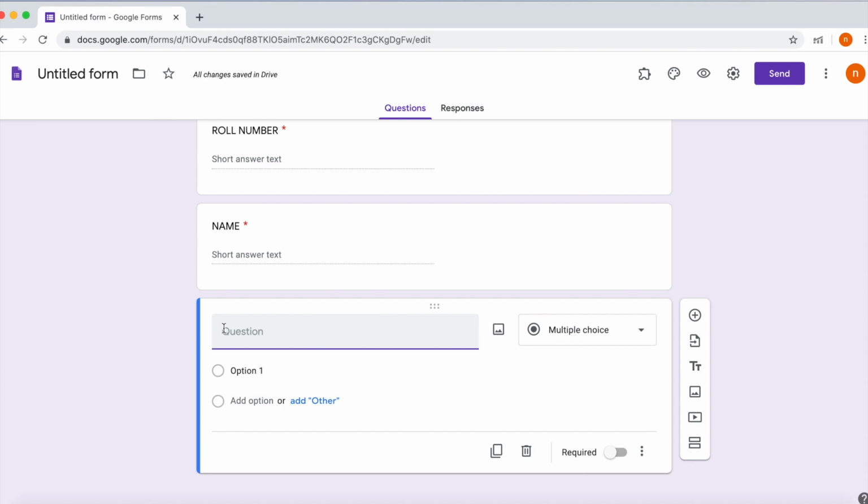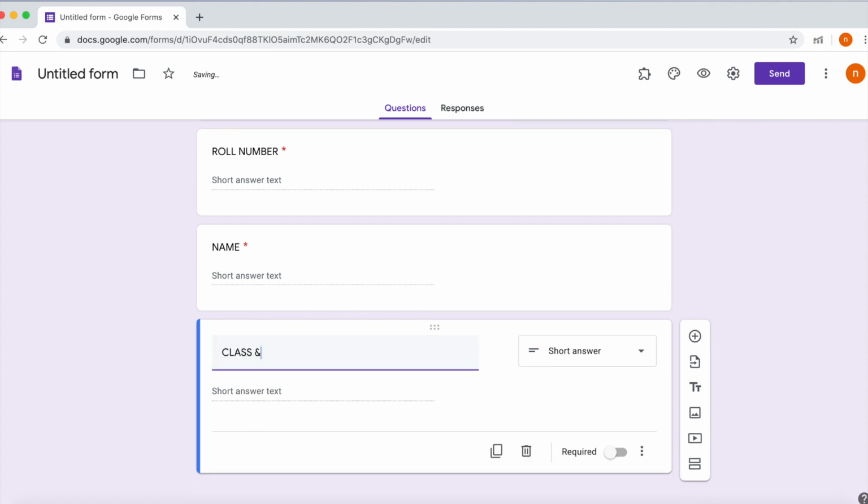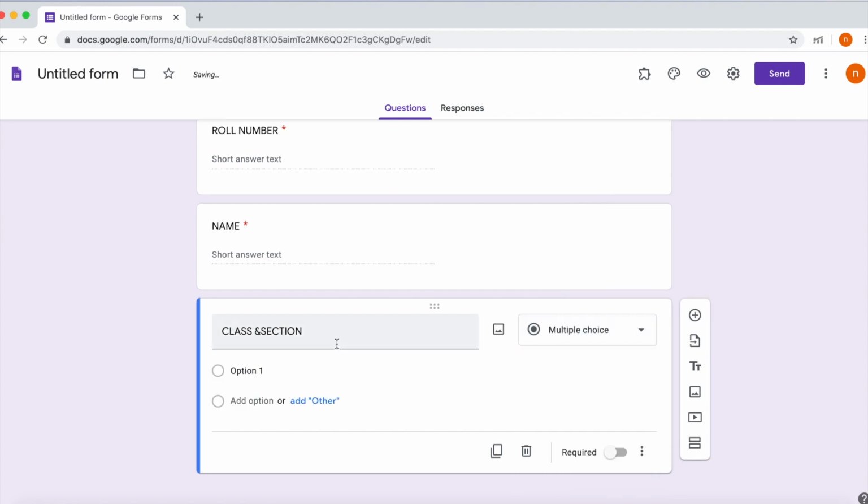Now after name, as so many sections are there and we will get all responses together in an Excel sheet, it is better to add class and section and give all options. Because some of them, if I write here short answer, some will write in Roman and some will write numerals, so it is difficult to sort out.